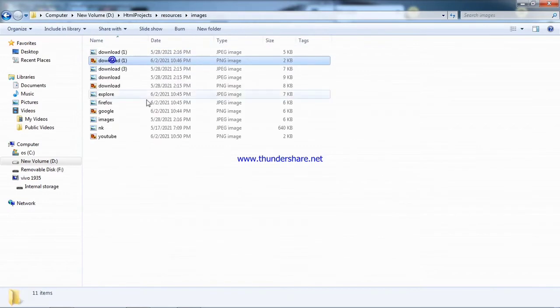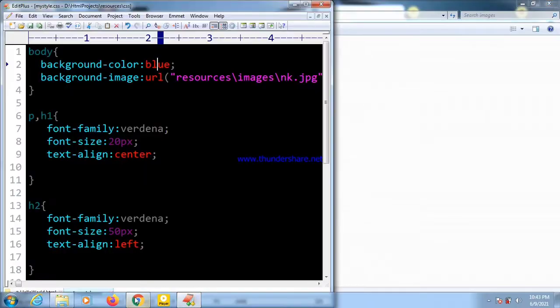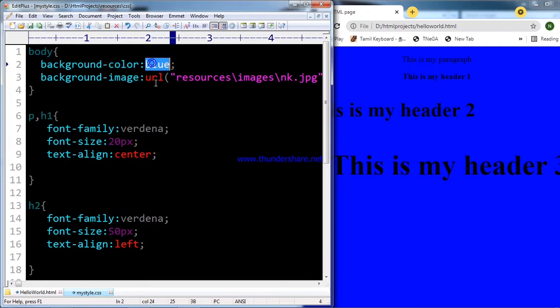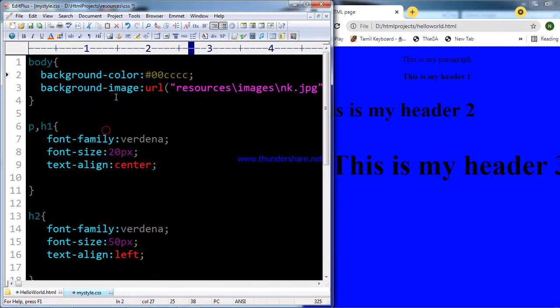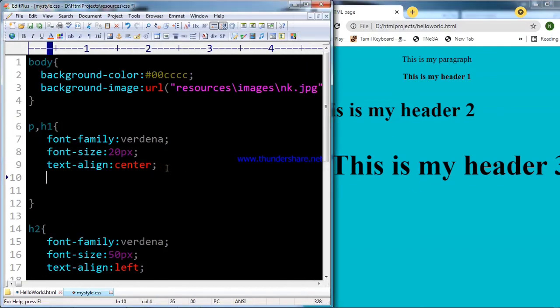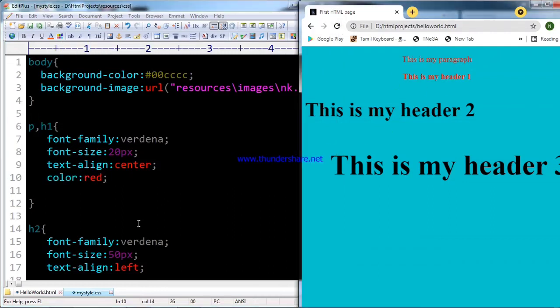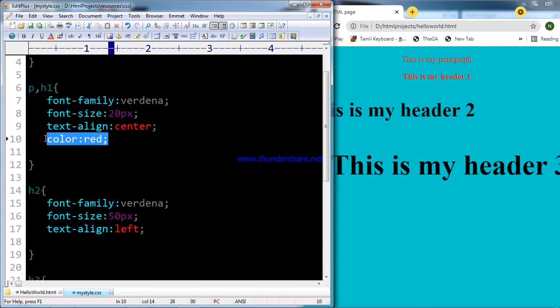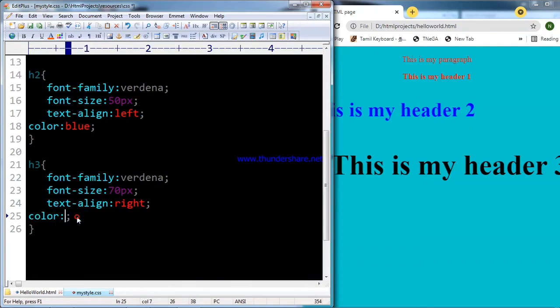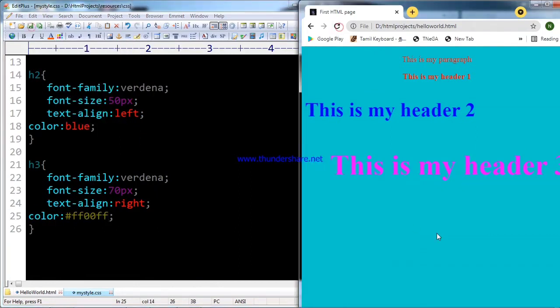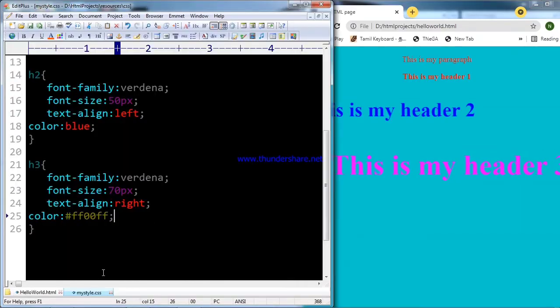You can view that output in the browser on the right side. I just changed the colors and text fonts or something like that, so that we can see the difference.